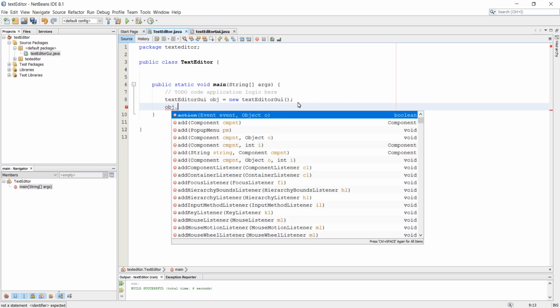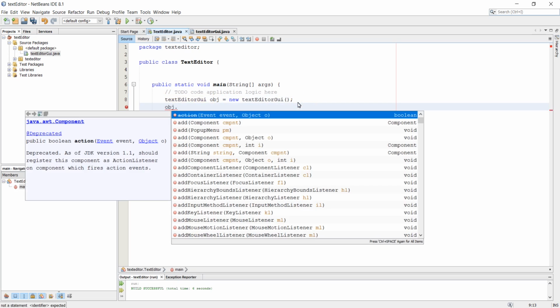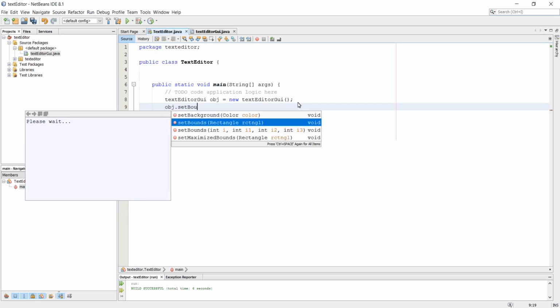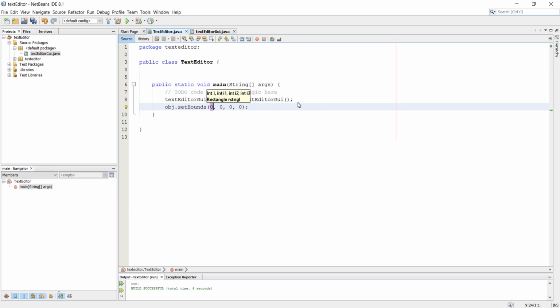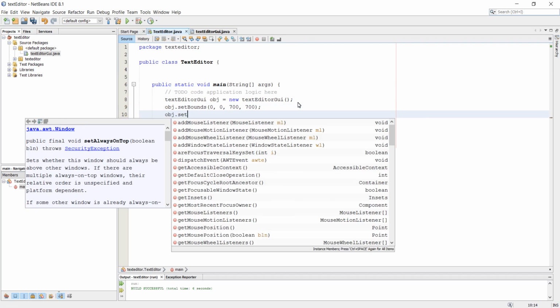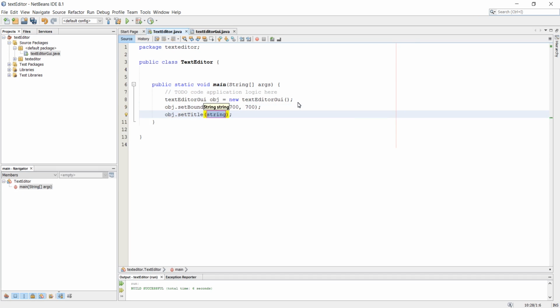So type obj, which is our text editor GUI object, set bounds, and the first 0 is your starting point for x value, so I'm going to leave that 0, y value 0, and then give it 700 height and width. Alright, now let's set title for our application. I'm going to name it Notepad,